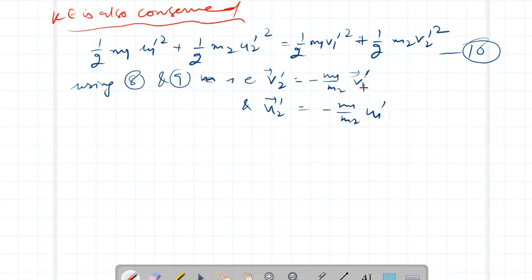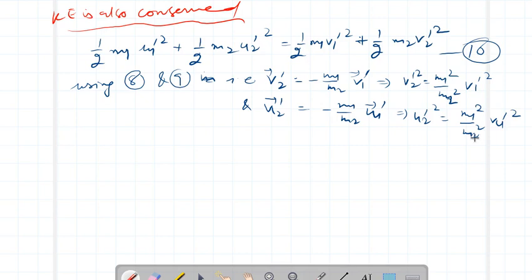As we have to take their square, that means v2' square is equal to m1 square over m2 square v1' square, and from here u2' square is equal to m1 square over m2 square u1' square, right? That's what we can use. If I use these values here, then this equation can be written as,